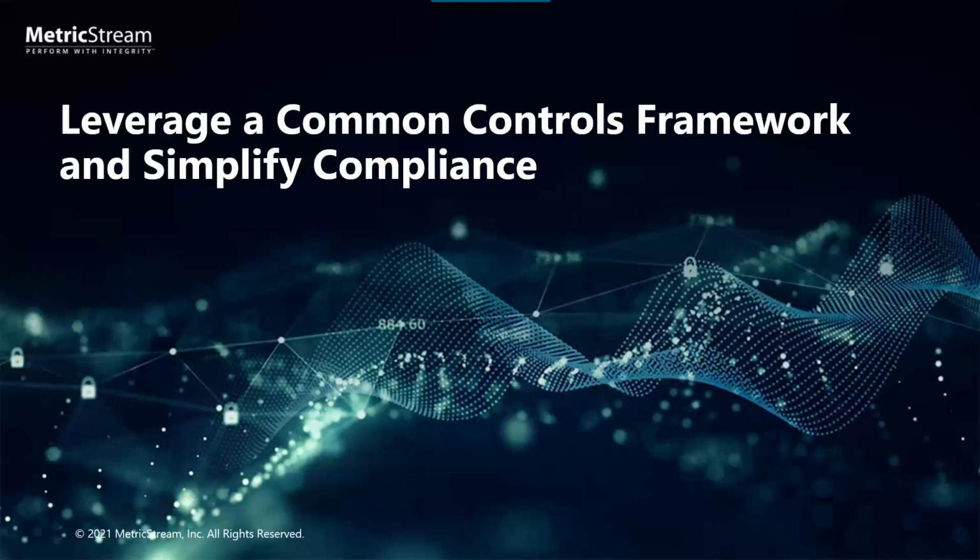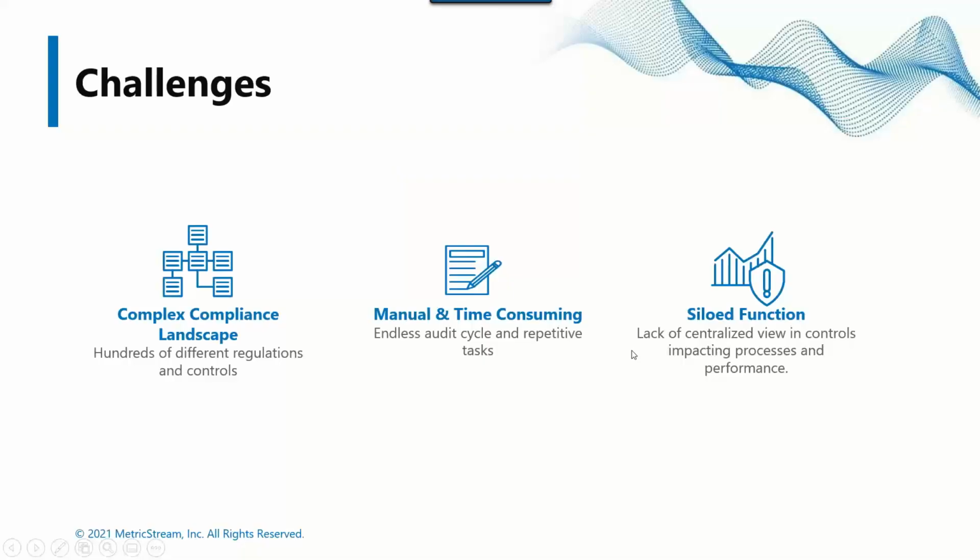All right. Just to complete the story where Jason left off, if you think about very common problems we really face from a content or regulation standpoint, once we have that harmonized with a provider like UCF, where we bring in content from UCF to MetricStream, what next, and what are we trying to solve here? Broadly classifying the common problems we have today, as Jason also mentioned, it's a complex compliance landscape.